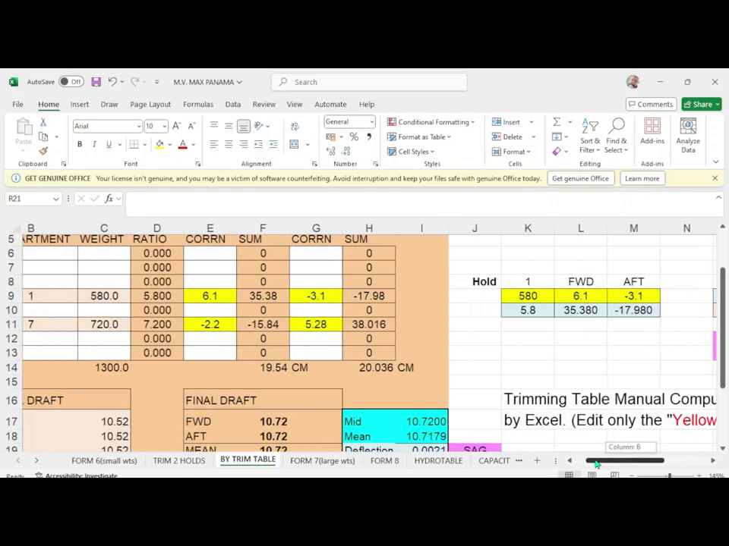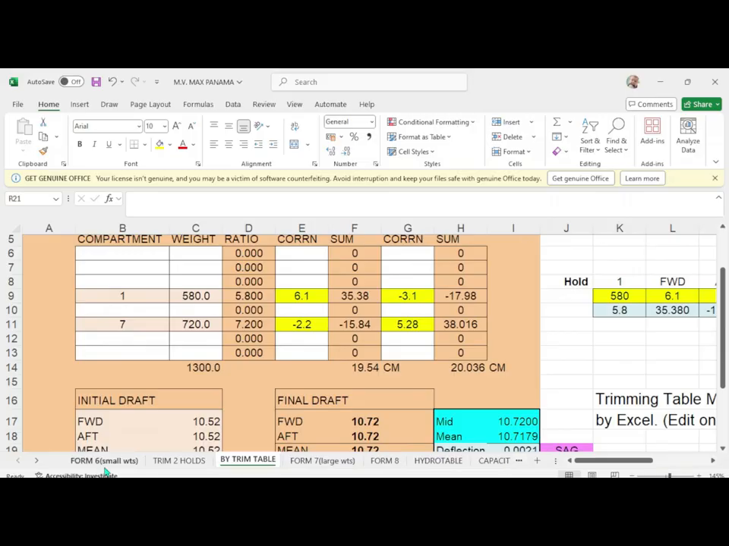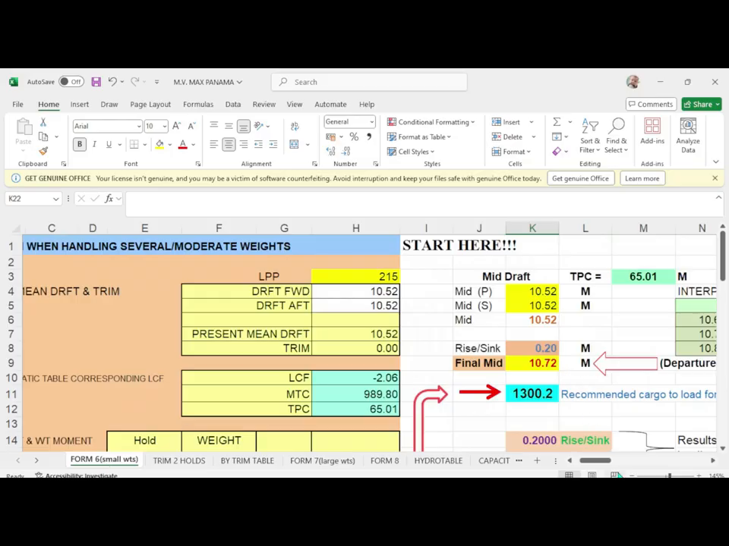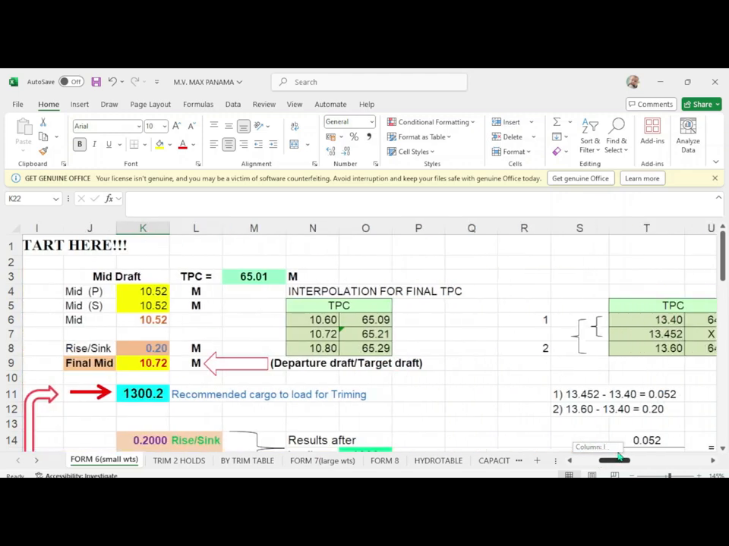Okay, so this is a simple program which is very convenient. This is the initial drop and this will be your final drop. Now here, let's go back. In actual practice,